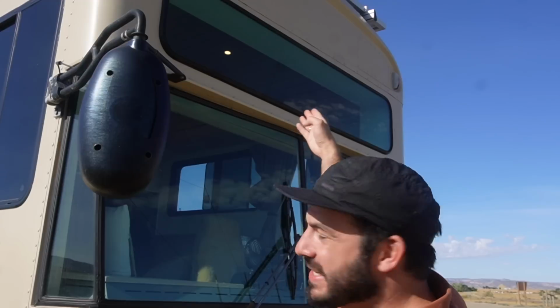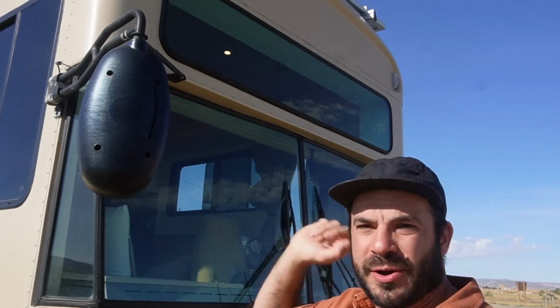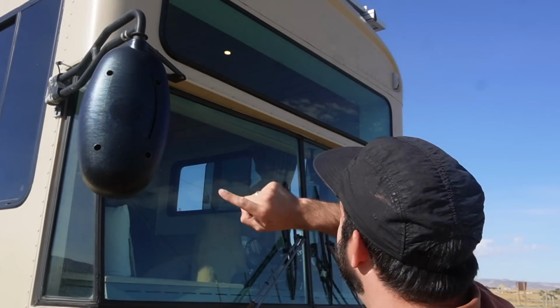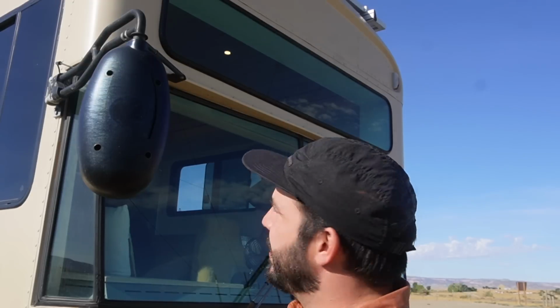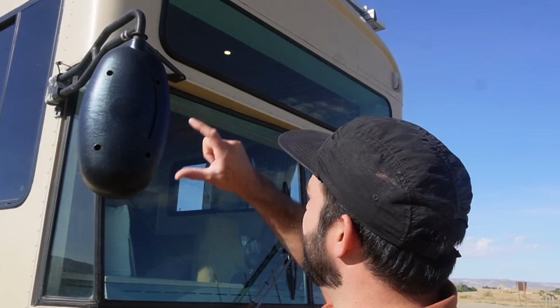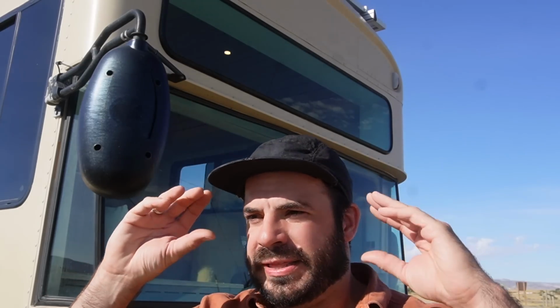This window above me is something that I first did on my own bus back in 2014, and that was to add a second windshield up above the windshield that the bus comes with stock. It's an awesome way to use space that's otherwise not necessarily wasted, but I think underutilized, and it gives you an opportunity to give you windows that really open up the views of the horizon to the outside of the